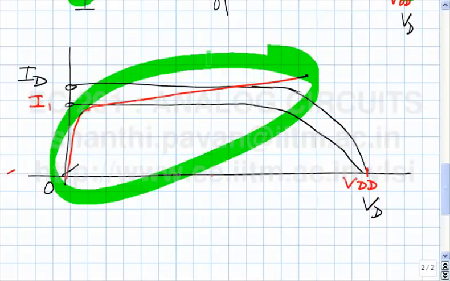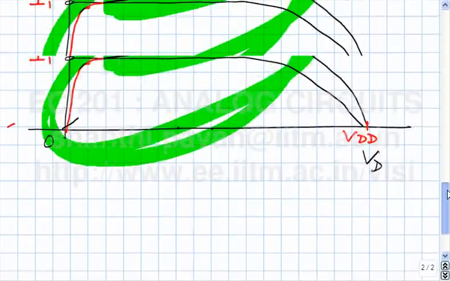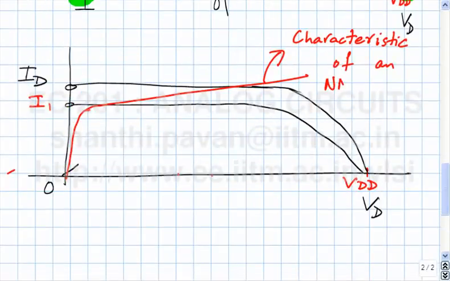It's an NMOS transistor. And what should the NMOS transistor be biased at? In saturation, the quiescent quantity of interest is the drain current. You must, in other words, an NMOS transistor